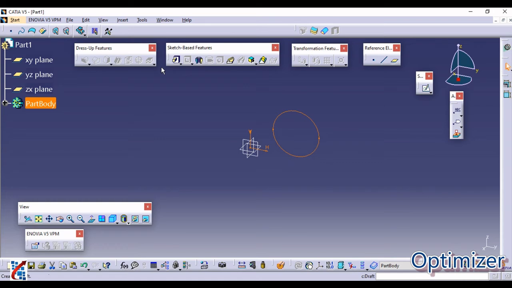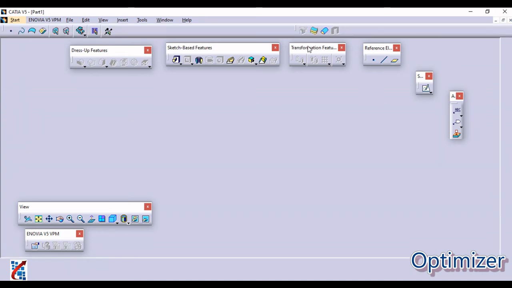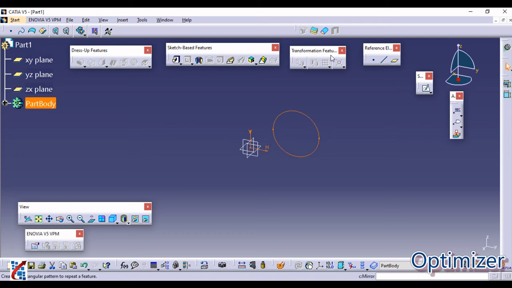Different commands are there, like fillet, edge fillet and chamfer. Whatever modification you require on your 3D component, you can do with the help of dress up feature. With the transformation feature, you can mirror any component. If repetitive operations are required, you can manage them with the help of one command.